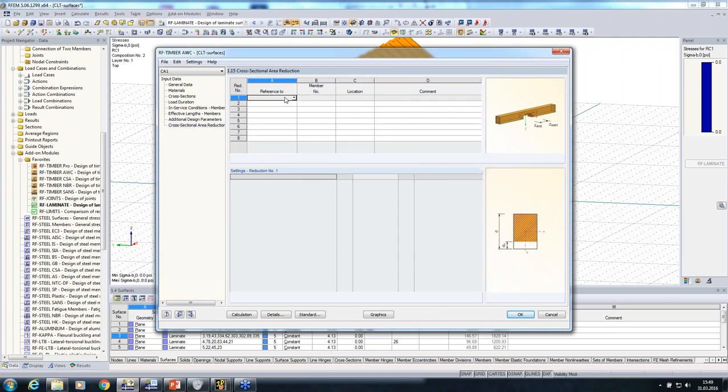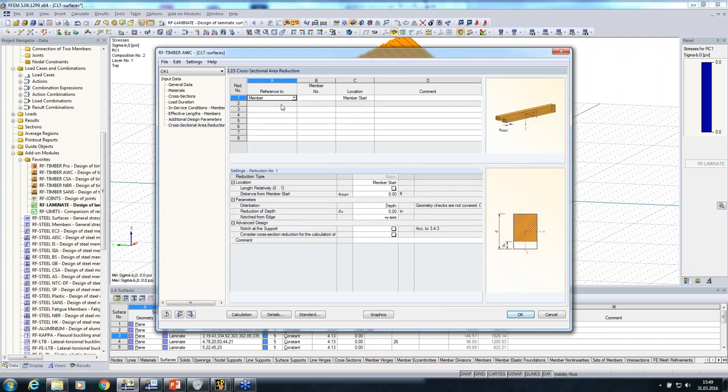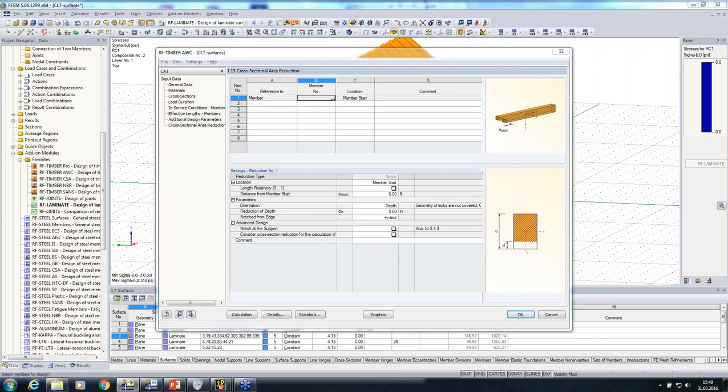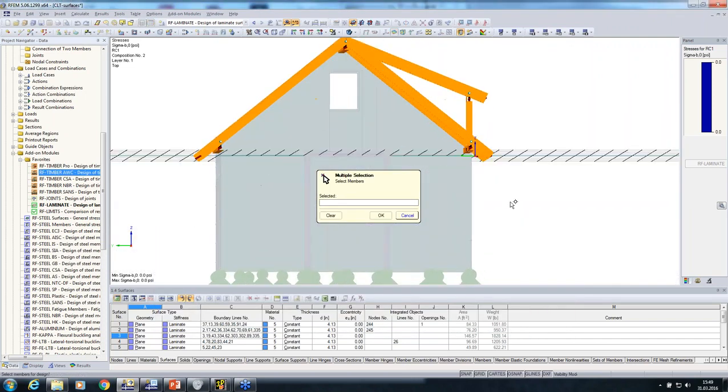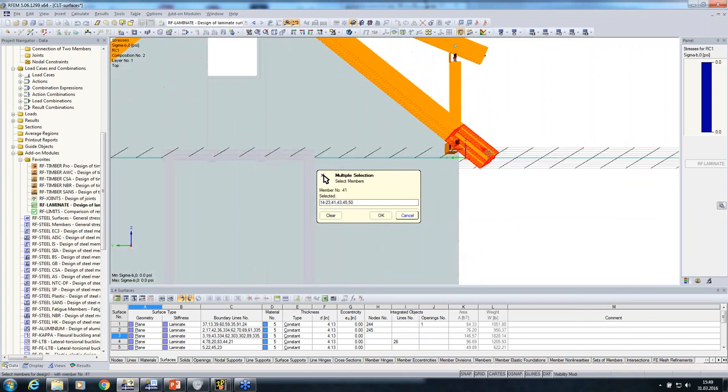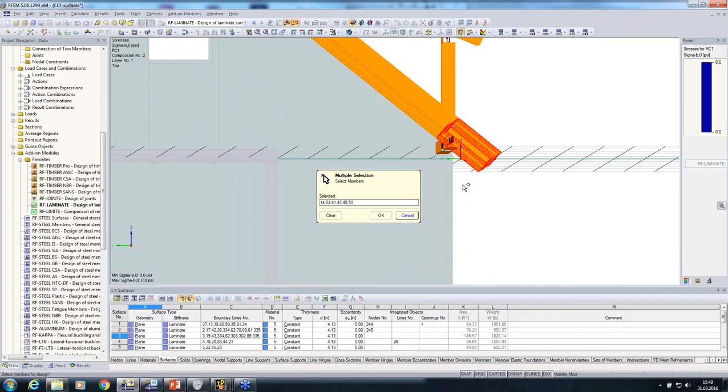And what I was talking about was the cross-sectional area reduction for the bird's mouth, or for the notches that you have in the rafters here. Therefore, I choose the rafters on the end, the information about the orientation of the rafters. Okay, so,